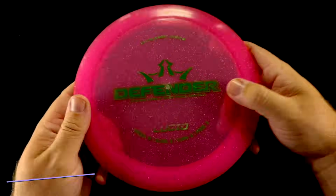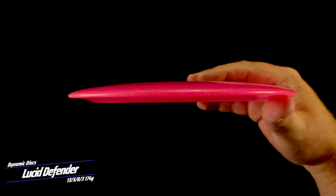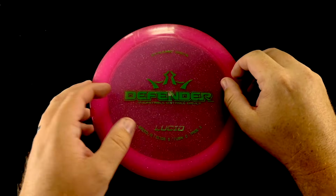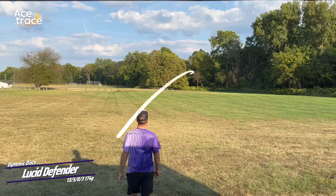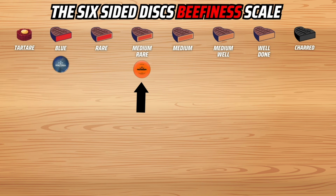That being said, though, there were quite a few that were nowhere near as overstable as the Stiletto. For example, on the other side of the spectrum, also from the Trilogy family, is this, the Dynamic Discs Defender. Rated at 13, 5, 0, 3, the Defender has a chunky feel in the hand, which isn't saying much because most of these 13 and 14 speed discs feel enormous. But the Defender is also a little bit deeper than some of those discs as well. And while the Defender is still plenty overstable, it just takes a little longer to do it,